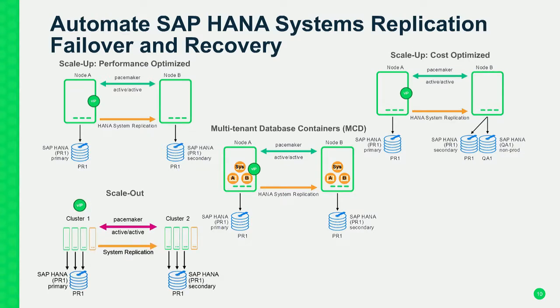Then there's the scale-out environment. This was probably the last one that we enabled. A little bit more complicated because of the way SAP designed scale-out by default, you've got worker nodes, which are the green ones here, and then you've got an orange standby node. And that one is to take over in case one of those worker nodes fails. But if something happens to that entire cluster, then you can fail that over to a secondary cluster, cluster 2, that looks very much like that. And otherwise, it works like the performance optimized environment.